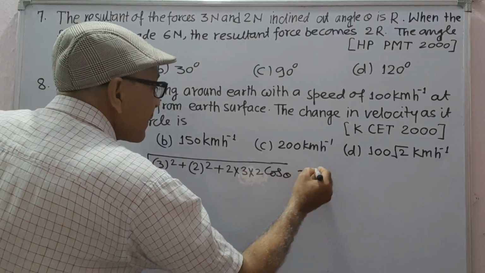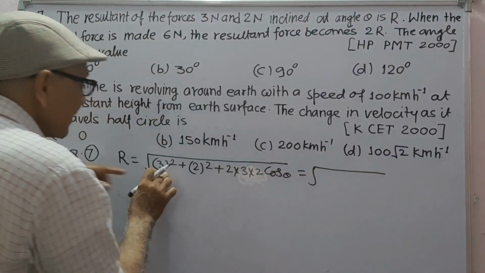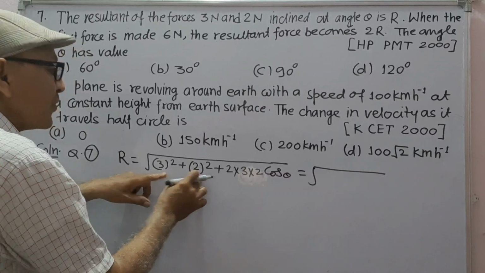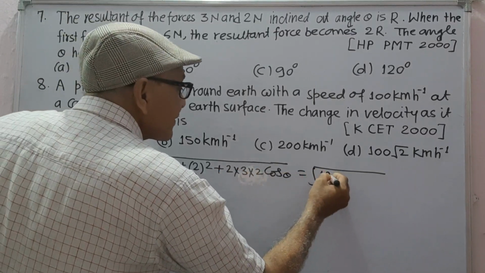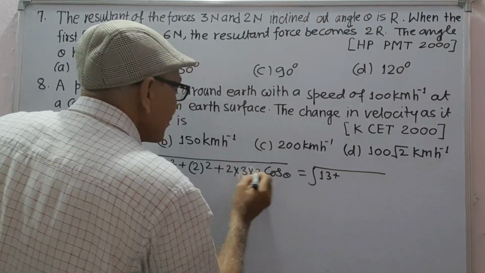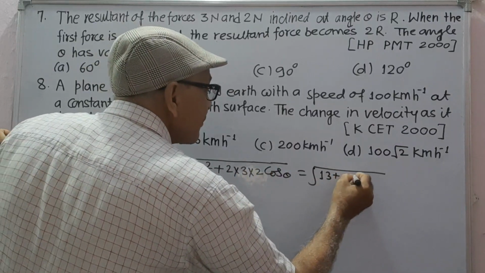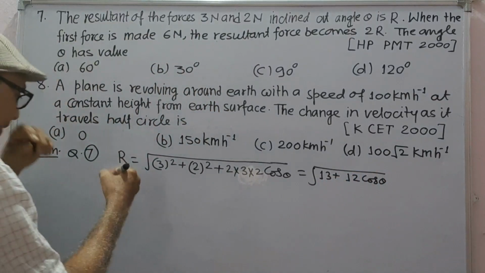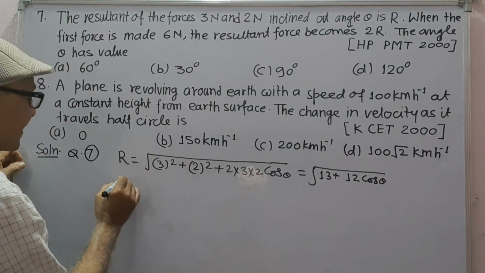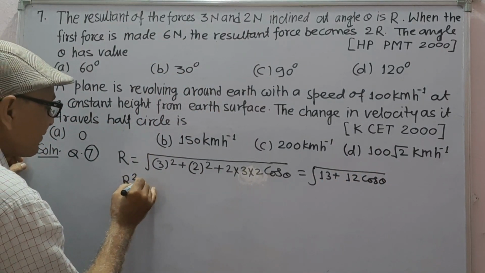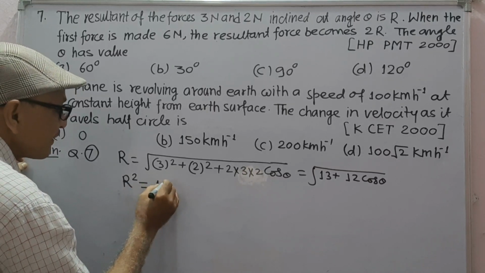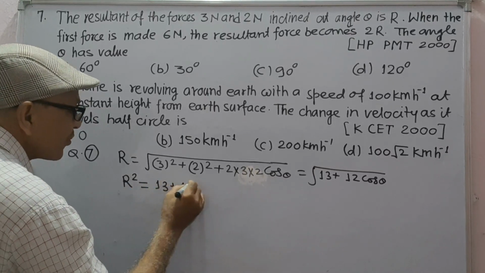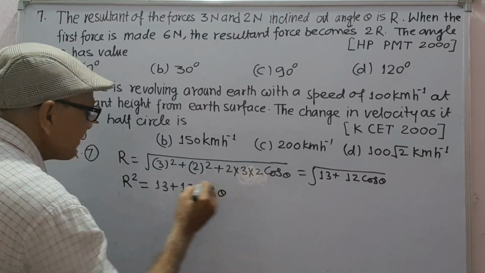This gives 9 plus 4, 13 plus 12 cos theta. Squaring both sides, we get R square is equal to 13 plus 12 cos theta,